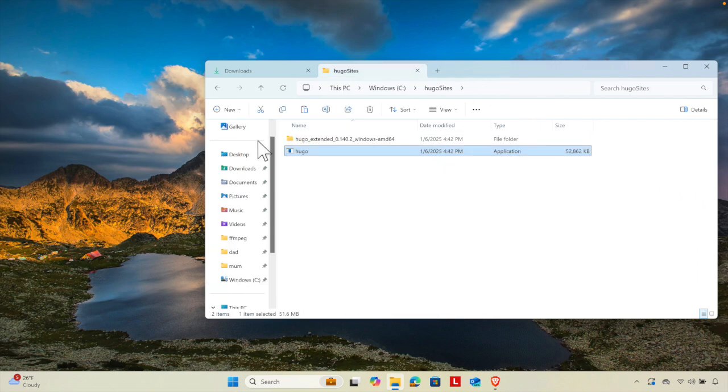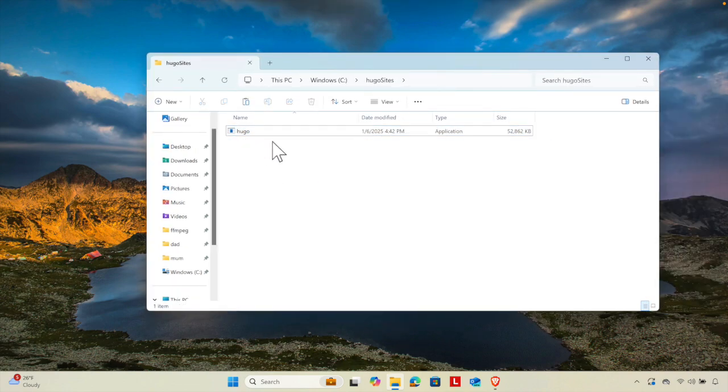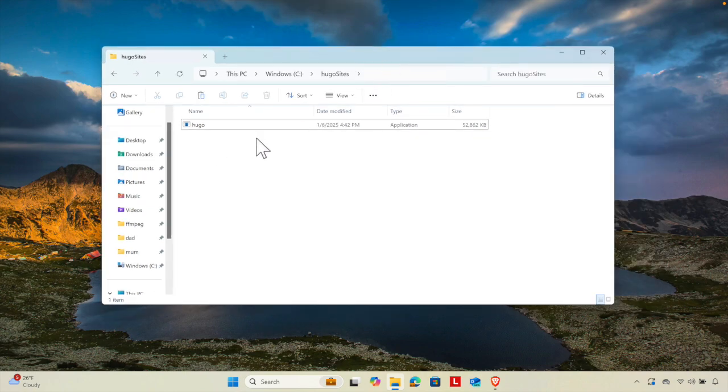Now we can close or remove the other files. So this thing we don't need. I'm going to select it and remove. So only one file is needed and that is Hugo, the exe file, which we need to configure now. By default it looks like this, and if you try to create any Hugo site inside this folder, you don't need to do any more configuration. But if you want to configure it globally, basically you need to change some of the environment variables. So what you need to do,